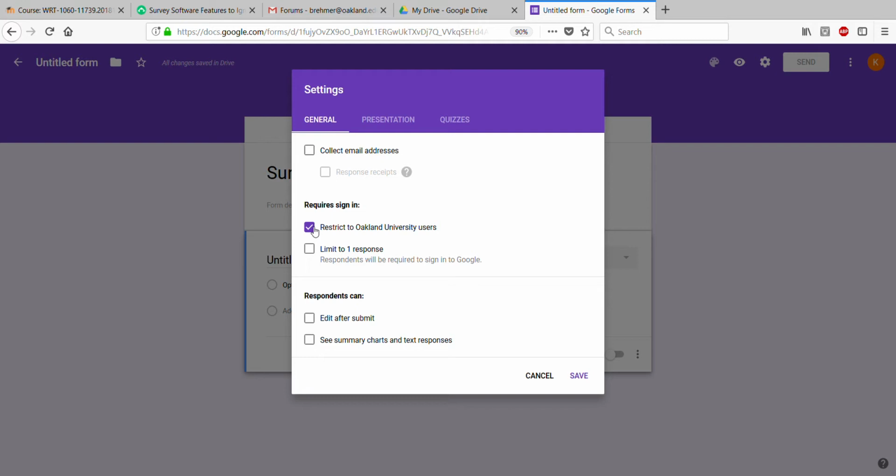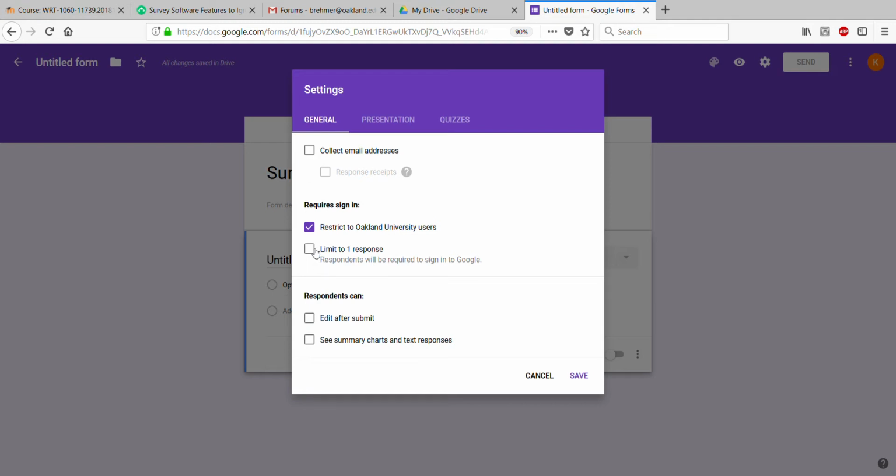And they will have to sign in, but if that box is clicked, you won't be able to see who it is. So you can still tell your survey takers that it's anonymous. The only way it won't be anonymous is if you select the box that says collect email addresses. And I don't recommend that. I absolutely encourage each and every one of you to make these anonymous. It's more likely that people will take your survey if it's anonymous, especially if you have a controversial topic. So I encourage you all to do that.